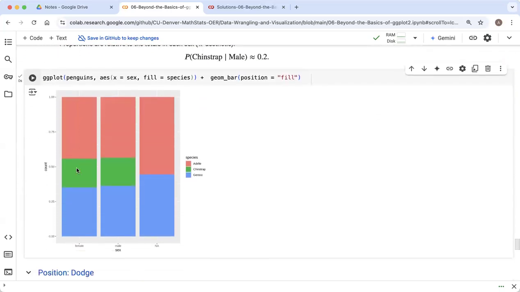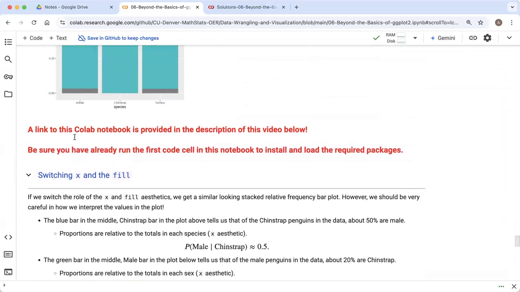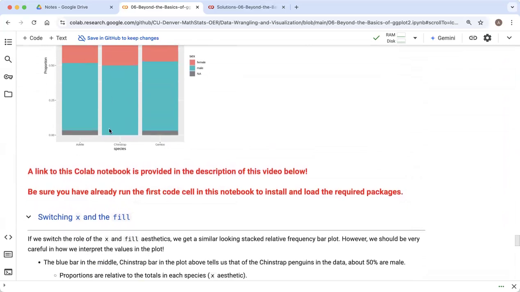So now these relative frequencies are in regards to the totals for each of the sexes. So this is telling me, like, out of all of the females, what proportion of females are Gentoo, chin strap, or Adelie. So if we're looking at the blue bar up here, the middle blue bar in this plot up above, its height is about 0.5. Then this is telling me out of all of the chin strap penguins, 50% of them